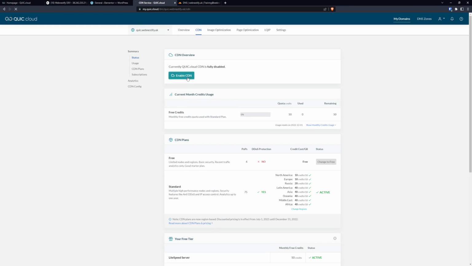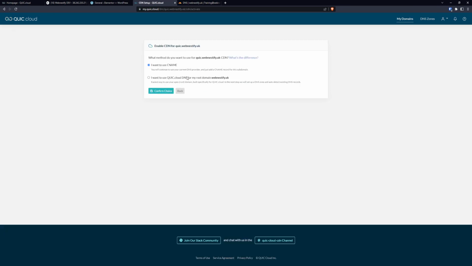And you enable CDN. If you have your domain in the Quic.Cloud DNS manager, you can use this. I want to use Quic.Cloud DNS for my root domain, but we want to use CNAME because we don't have the domain in Quic.Cloud, so we've chosen that. And this is the most important thing. We will need to copy this CNAME record,